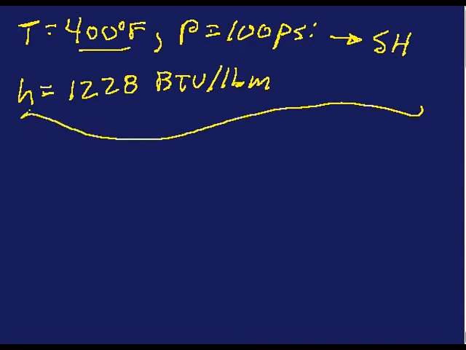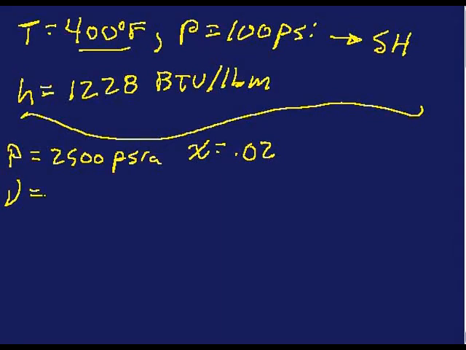Okay, next problem. We have P equals 2500 psi, and X, the quality, is 0.02 or 2%. So the volume, you know it's a mixture, so the volume is equal to the liquid fraction, 1 minus 0.02 times the liquid volume, which is 0.0286,